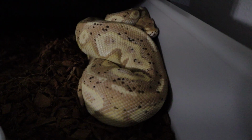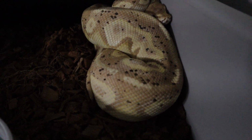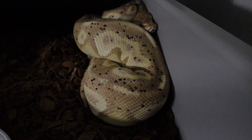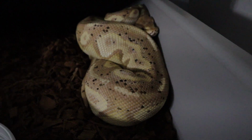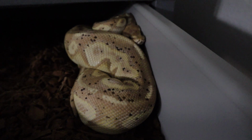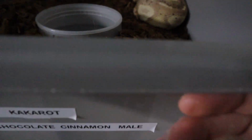Whenever that video came up, and then I went on bhb.com and looked at what was available, Brian's breeders, and saw these two. I mean, I browsed around quite quickly. I figured that these guys were gonna go quite fast. I knew I wanted something else banana because Vegeta down here...